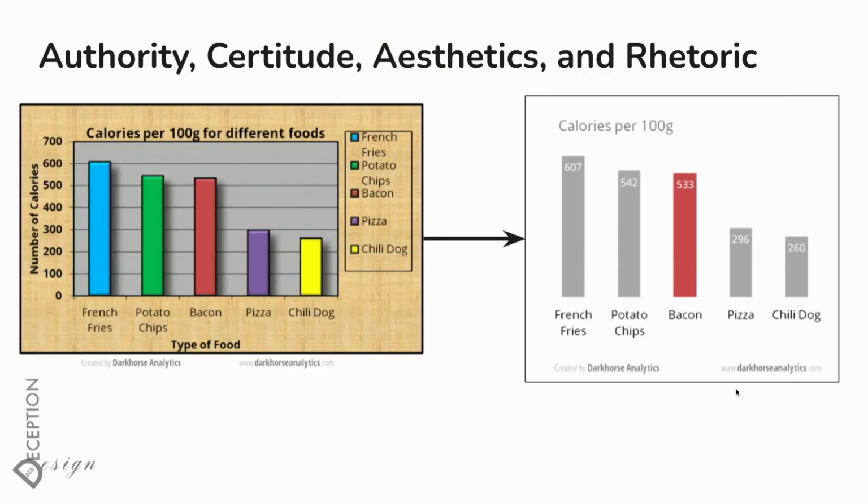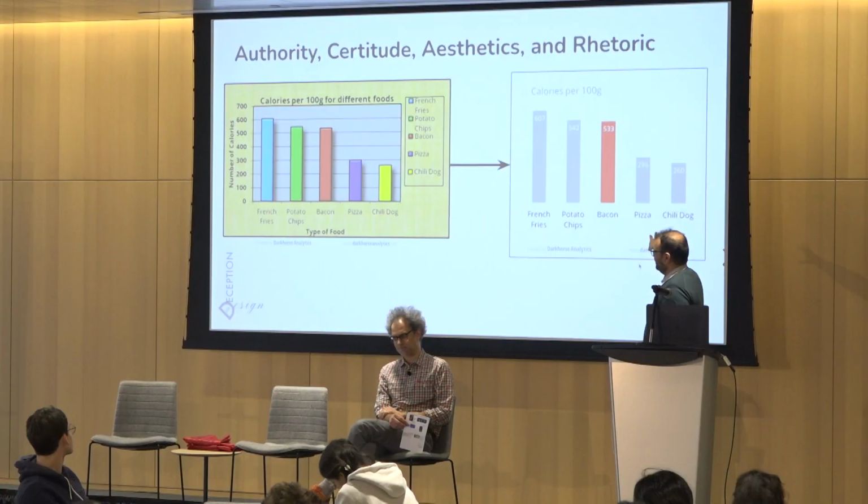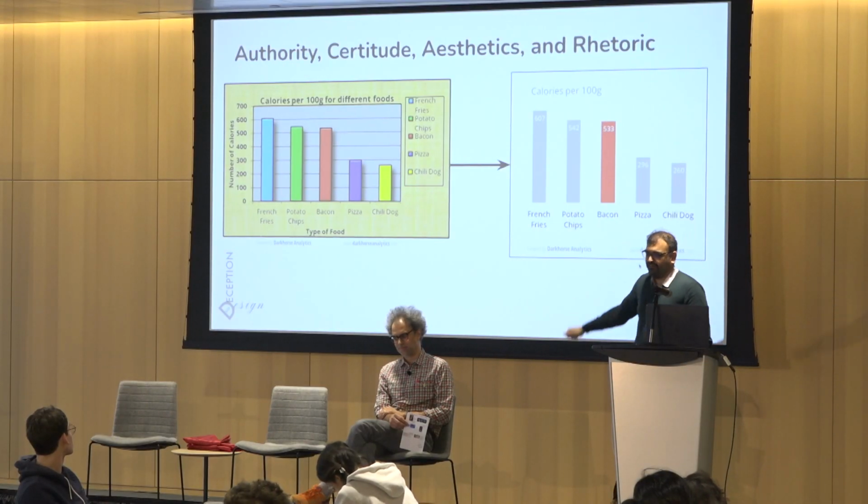And a great demonstration of this was produced by this company, Dark Horse Analytics. This is actually part of a GIF, but in the interest of time, I've just skipped over it, and I'm showing you what if you used Microsoft Excel and produced the chart on the left-hand side, and Tufte would wag his finger at you, right? He'd be like, get rid of the background, get rid of the shadows, get rid of the bezels, and you'd essentially end up at, maybe not the platonic ideal, but the Tuftean ideal of the chart, which is on the